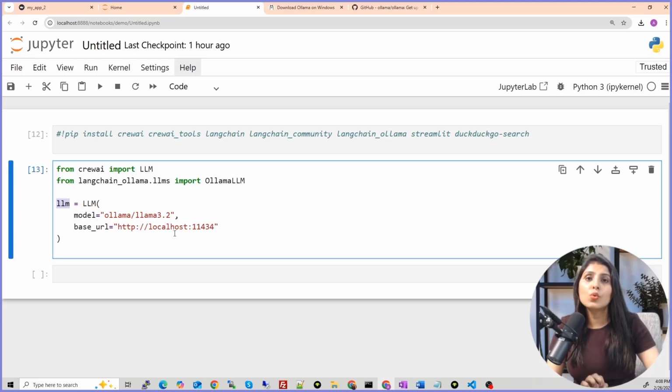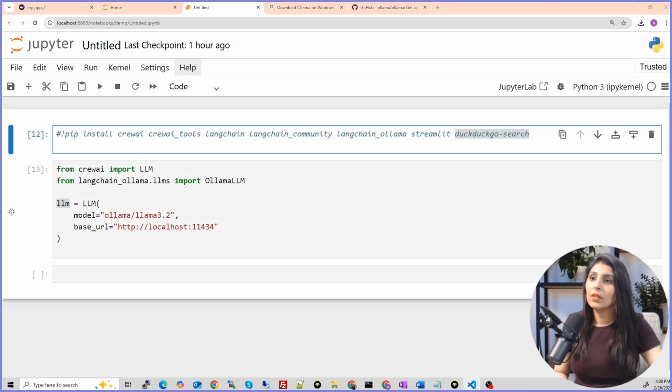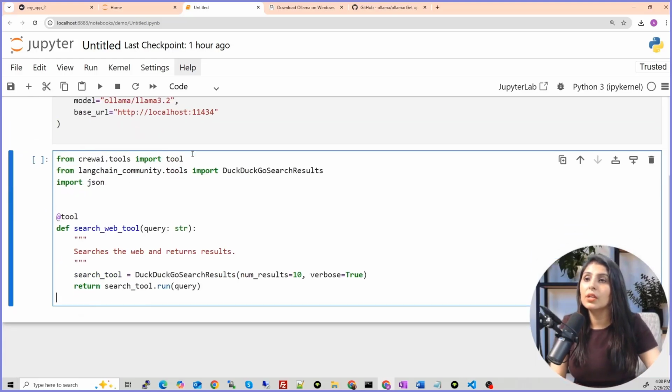Next thing is tools. See guys, in Crew AI I have told you that there are 4 main key points. One is tool, agent, third is task, and fourth is process. So now we are going to define the tools. Tools will be used by agents to perform the functionality. So in our case, what kind of tool do we need? We need a tool which can perform web search. So for that we will use the DuckDuckGo search tool. So this is how you can use it.